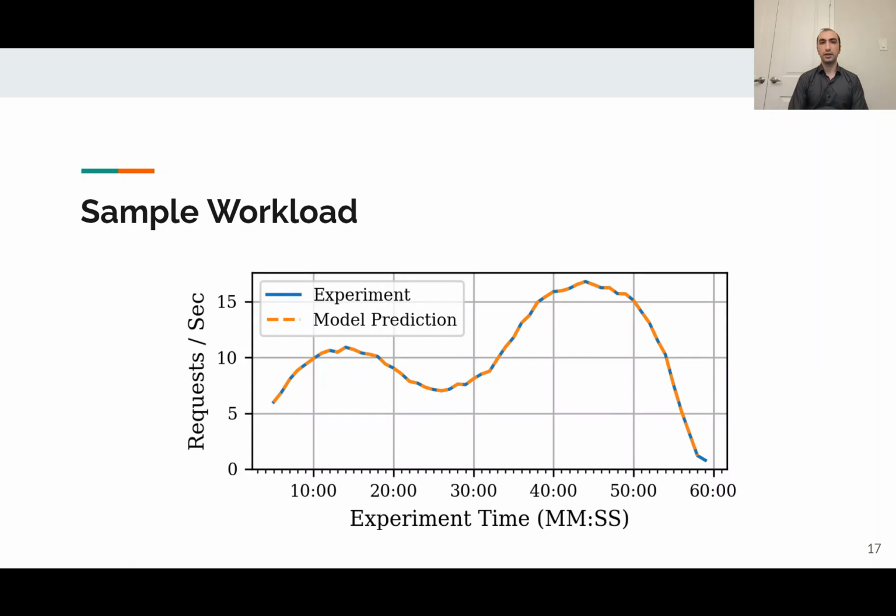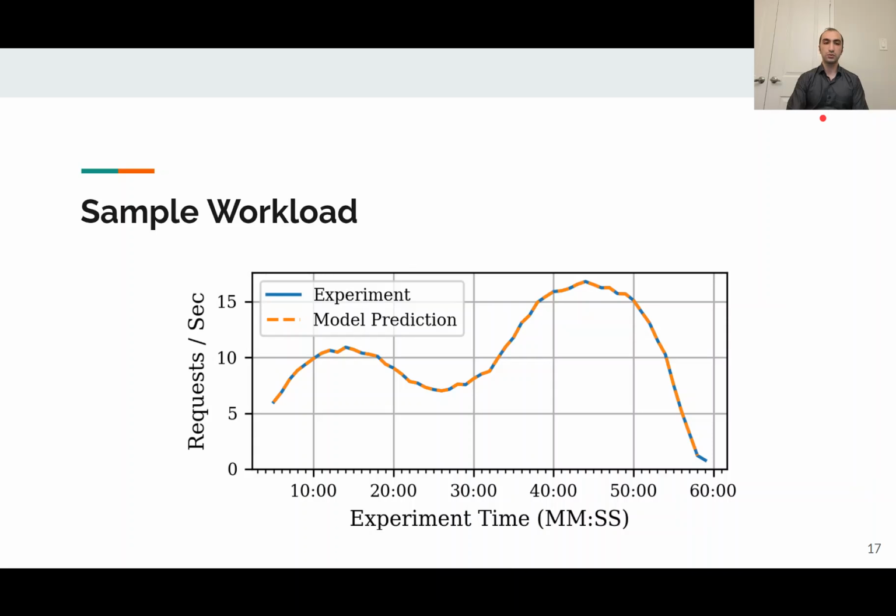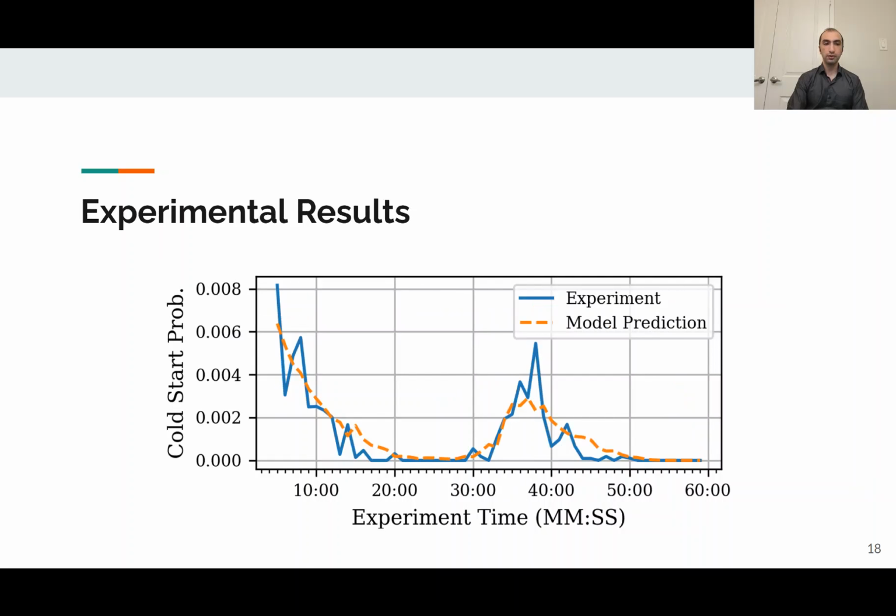This is the request pattern that we applied to the serverless platform. It takes about 1 hour to apply this pattern, and we performed this experiment 10 times, and we only report the average values of those 10 executions here. This is the cold start probability throughout that pattern, and as you can see, the experimental results line up very well with our performance model predictions, which were made 5 minutes in advance. These can also predict the average response time of the system in the next few minutes.